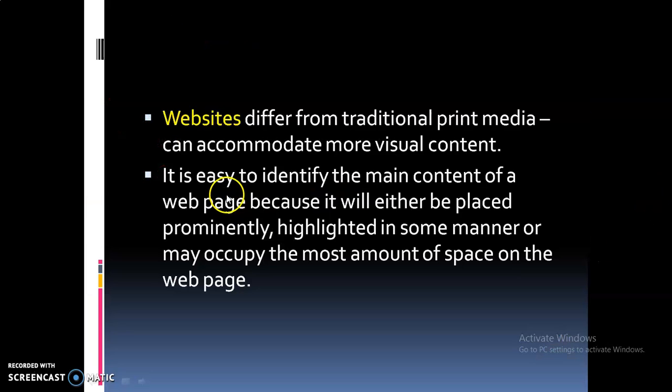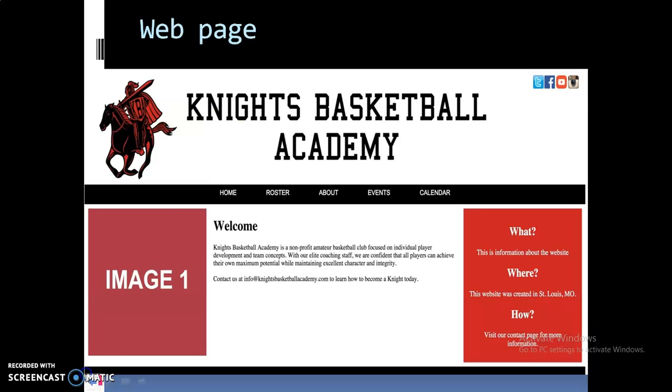You can see this is home page, roster, about, events, calendar. So things are placed prominently here, or highlighted, for example, in Flipkart you can see fashion, women, men, kids, everything will be highlighted in some manner, and it may occupy the most amount of space